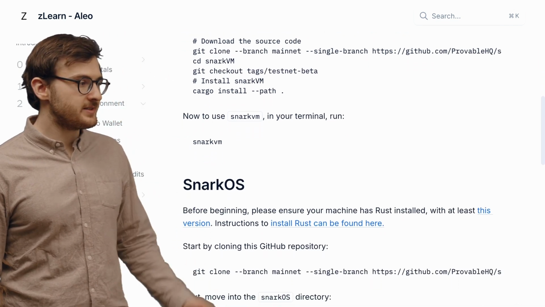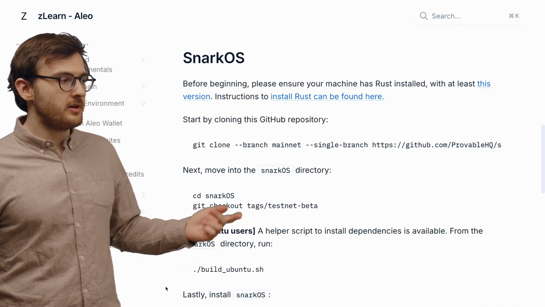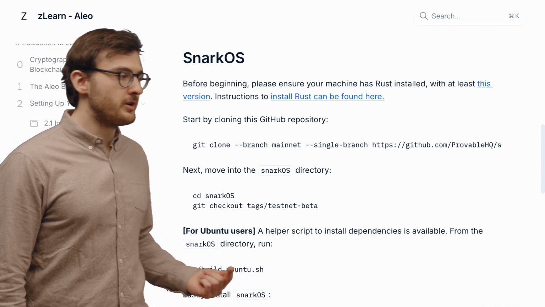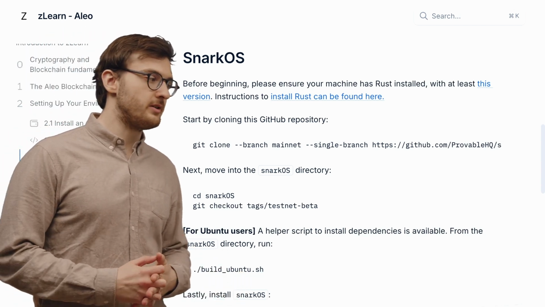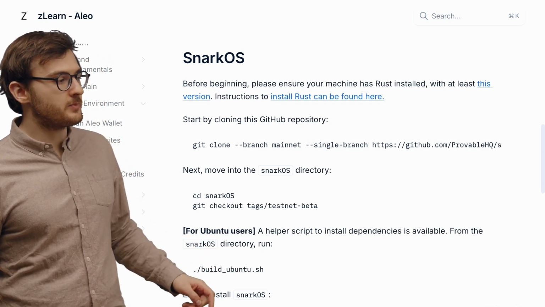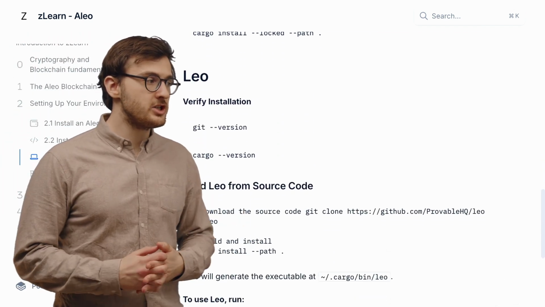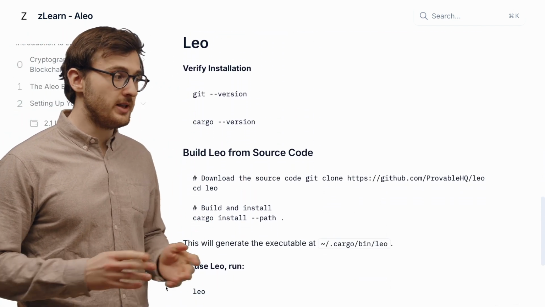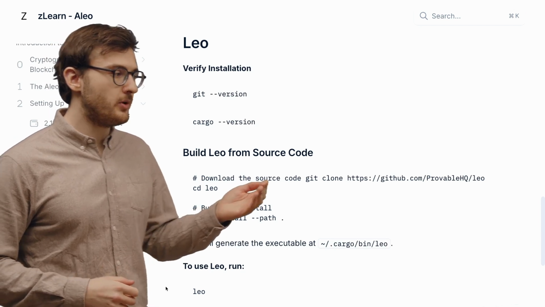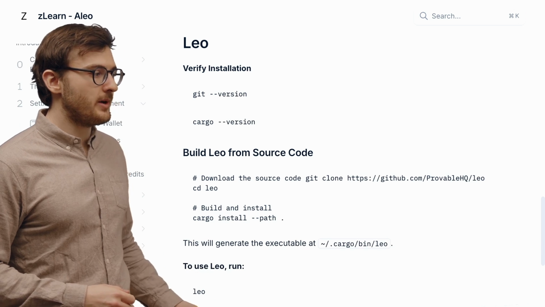Same with Snark OS. We can just clone the mainnet branch and then download it. For Ubuntu users, you will need to run a special script that is not required for macOS users, and then you can simply install from source. There is also the Aleo programming language that you will need to install as well. Same, you will clone it from the repo here,